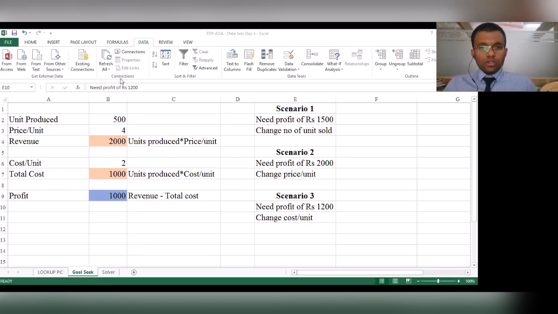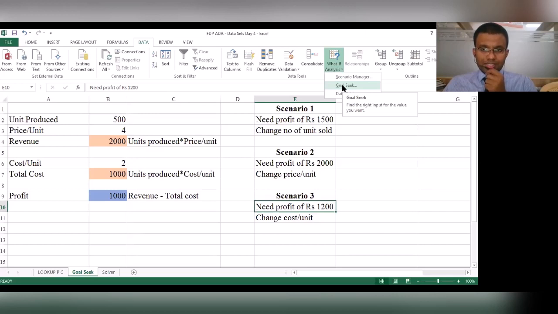Goal seek is a wonderful functionality that you could use in Excel, and it is available in the option that says data. Under data there's an option that says what if analysis, and you would see an option over here that says goal seek.